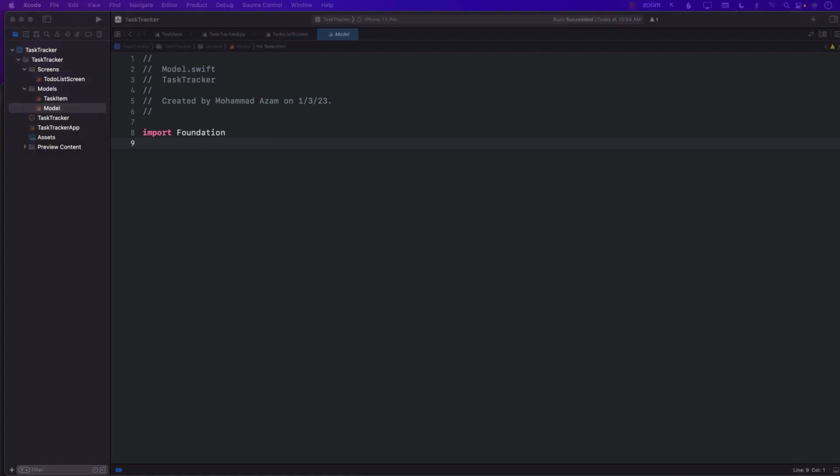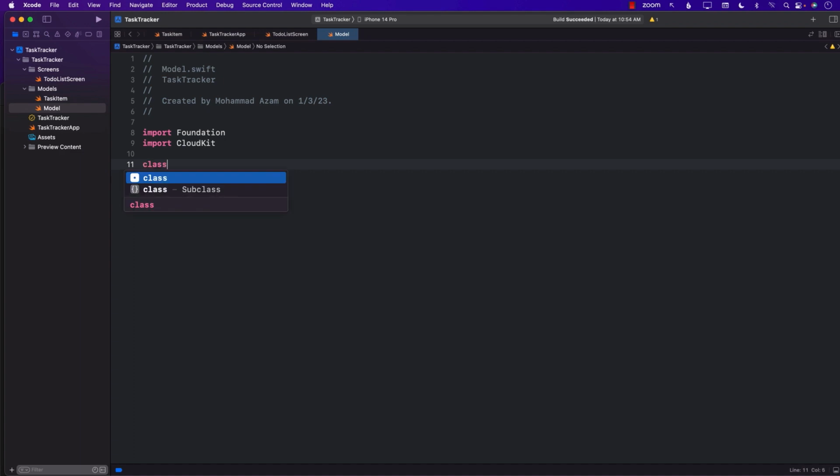And I have defined this particular type of approach in my course, which is the MV design pattern. It's actually a much simpler design pattern, so I would recommend that you check it out also. I'm going to go ahead and add CloudKit, and now I can say model, which will be